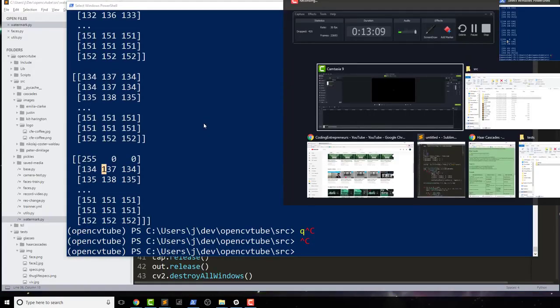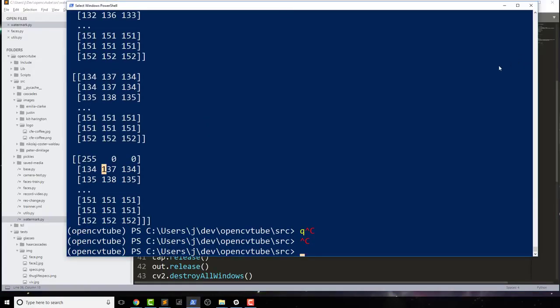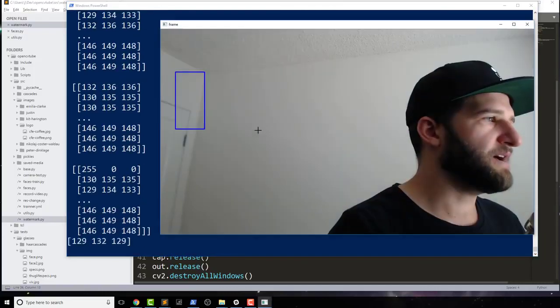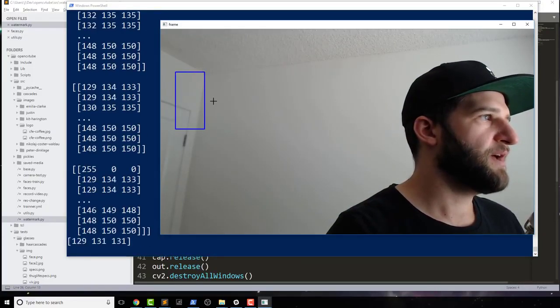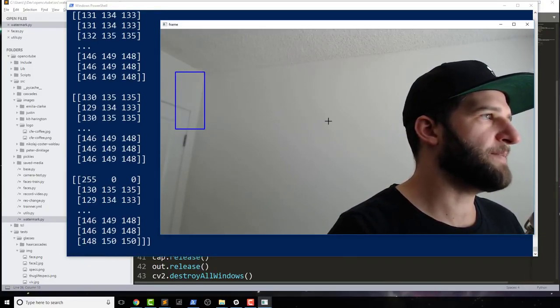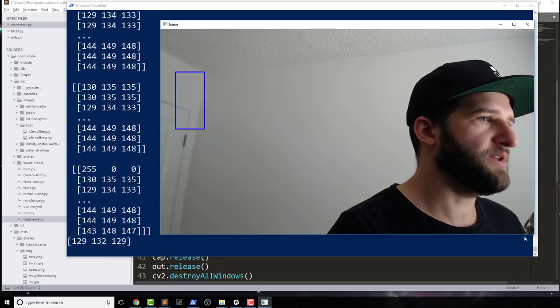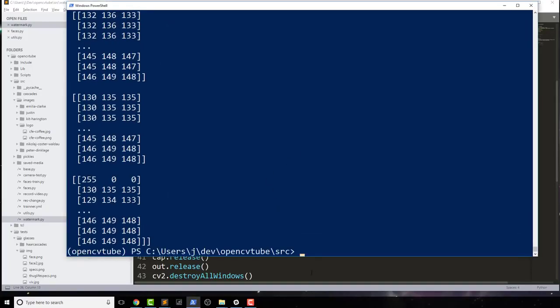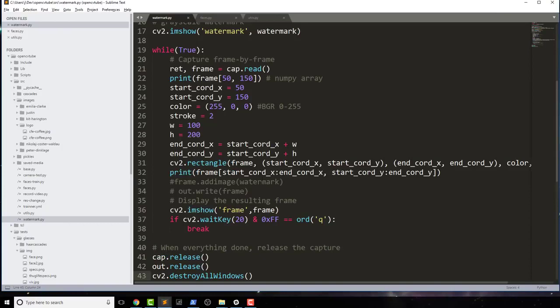So why am I telling you this? What's the purpose exactly? Well, because we have to replace pixel values in some sort of area for our watermark to even show up. So that's what we're working towards. And if you don't understand this concept, then you're going to want to stop the video right now, play around with it until you fully understand, maybe with smaller numbers, so you can actually look at it in a different